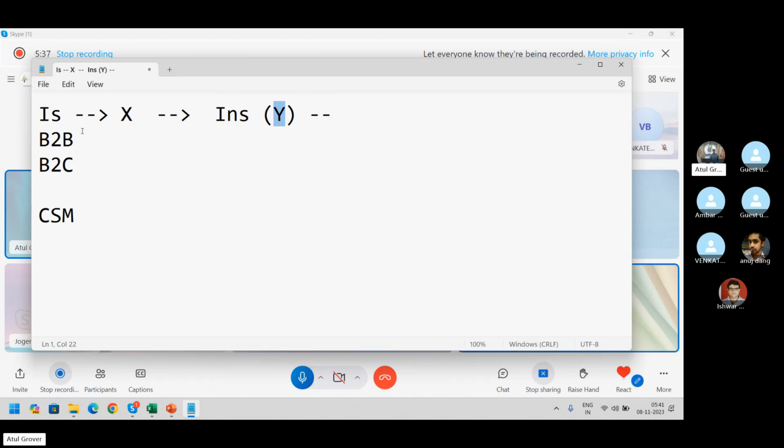Maybe they are giving the same functionality to Khalida, Anthony, Jogendra, Anuj, Atul, and Venkat as well. So they ask, hello Ishwar, may I know from which company you're calling? Hey, I'm calling from company X. Okay.